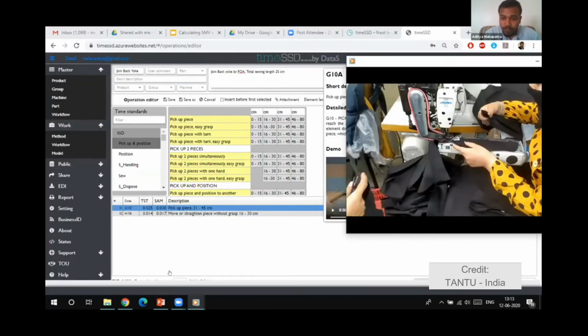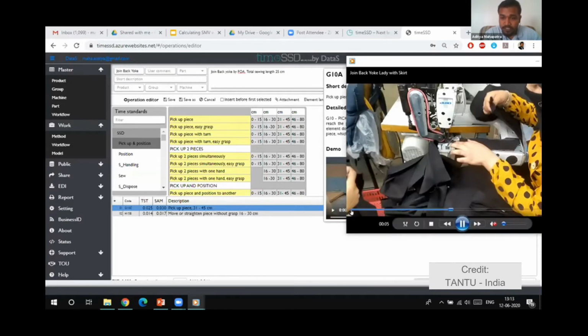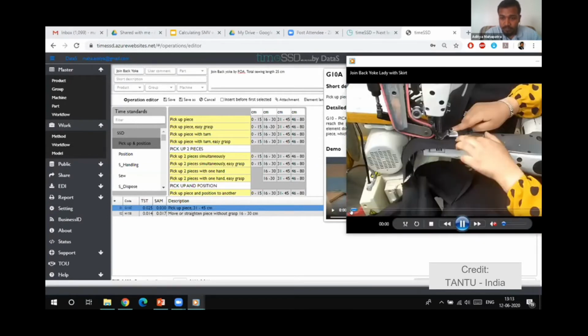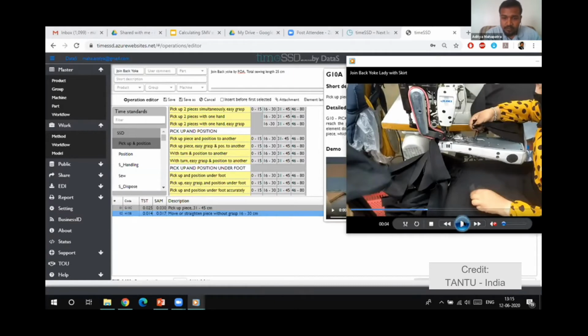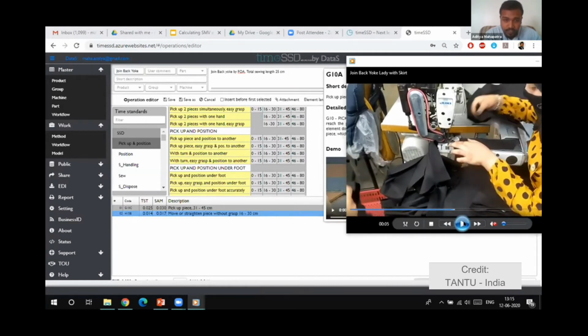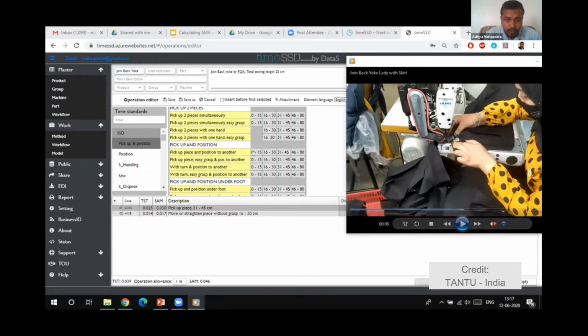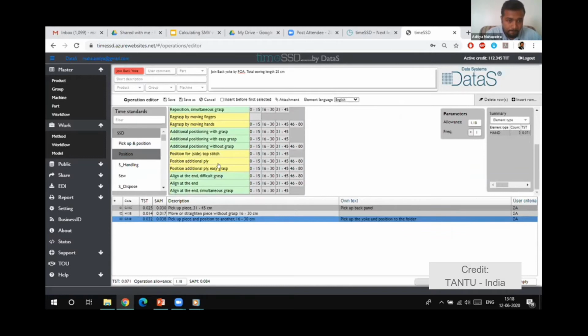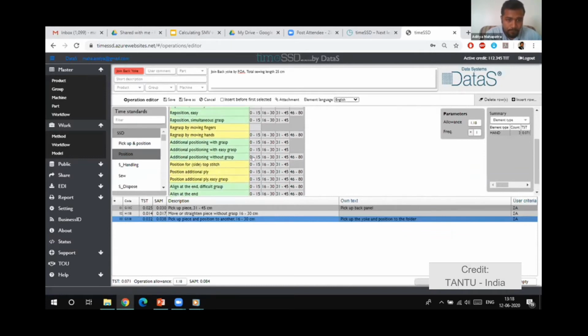Whenever we are talking about picking up the piece, we have to consider the distance from the dispose position to the pick up position. The distance is nearly 16 to 30 centimeter. For this, the right element should be pick up the piece and position to another, 16 to 30 centimeters. For this here, the right element would be additional positioning without grasp.